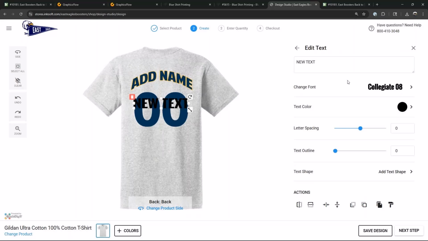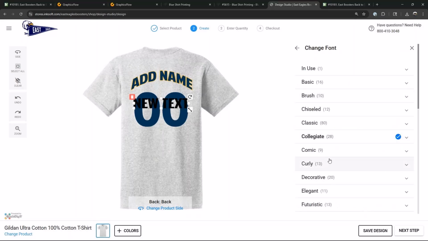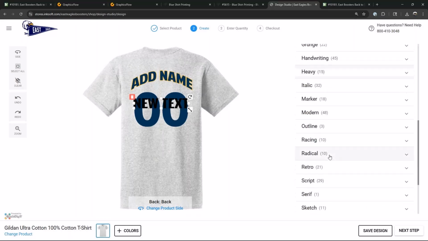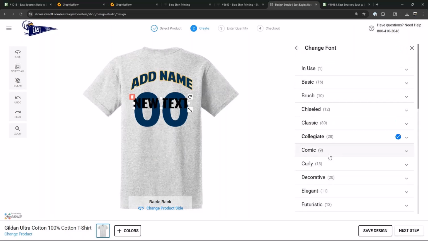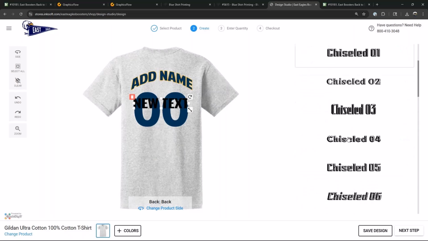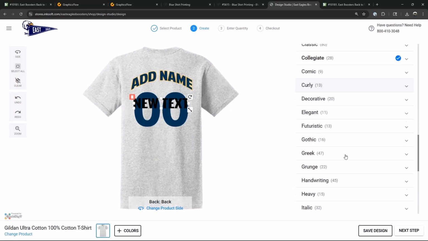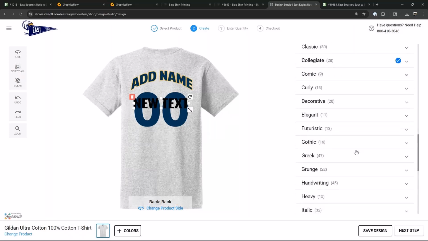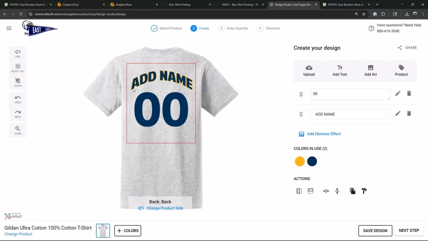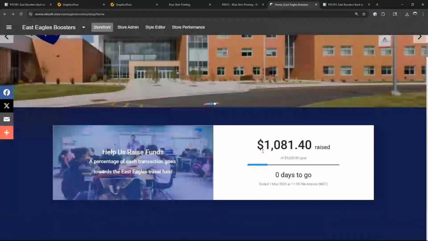Almost all of the GraphicsFlow fonts are also located in InkSoft. And if you want to see where those are located, you start going into all these chiseled fonts. I'd say probably a good 75% of the GraphicsFlow fonts are in InkSoft. So that makes it nice and easy to match up fonts for different designs. Scrolling right down the line,